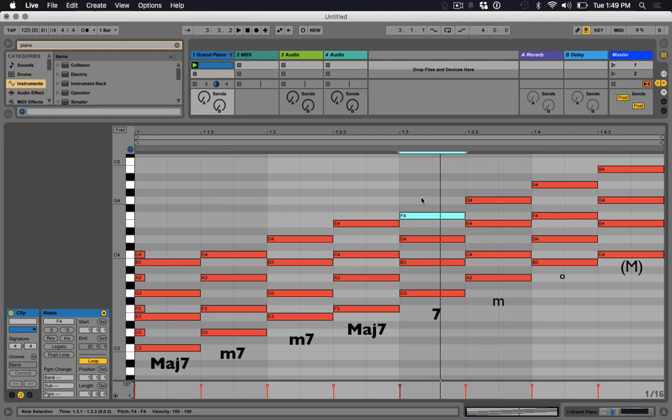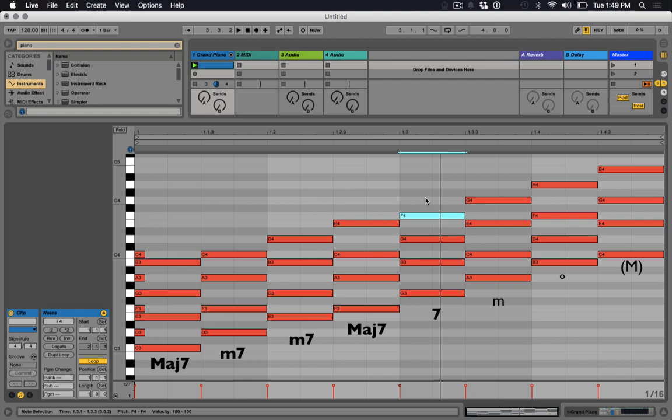When we talk about a 7th chord, the common lingo we use is if it's a major 7th chord, we write this MAJ7. If it's a minor 7th chord, we write this lowercase m and then a 7. If it's a dominant chord like this, we just write the number 7 after the chord name. So in this case, we would write G7, meaning that it's a G major triad with a minor